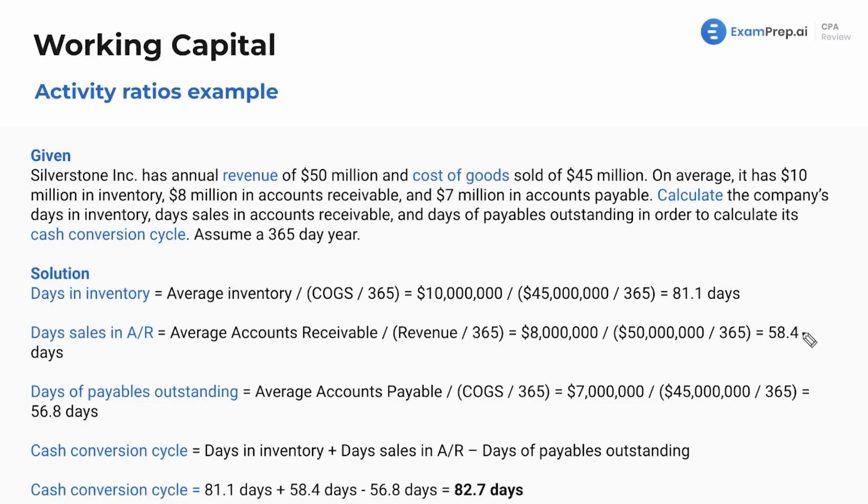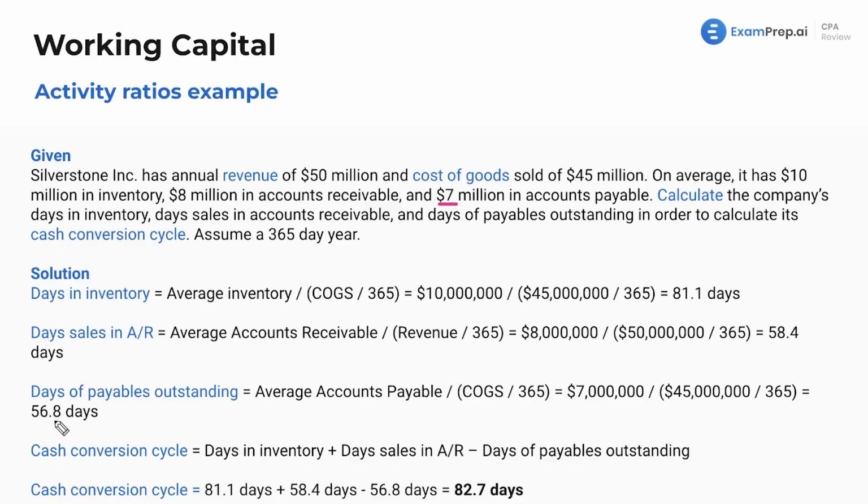Again, this means that generally we have accounts receivable outstanding for 58 days. It takes us that long to turn it to cash. And days payables outstanding: average accounts payable of 7 million, divided by, again, COGS, so 45 million, divided by 365, gets us to